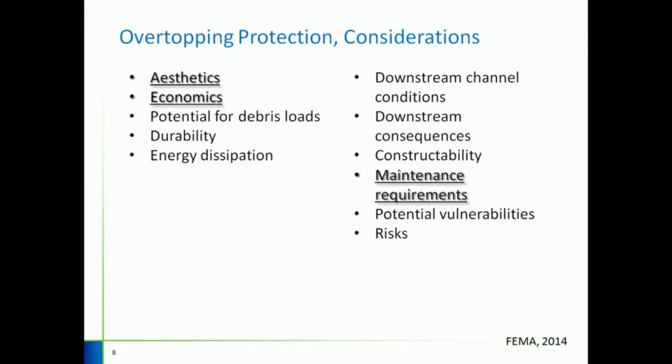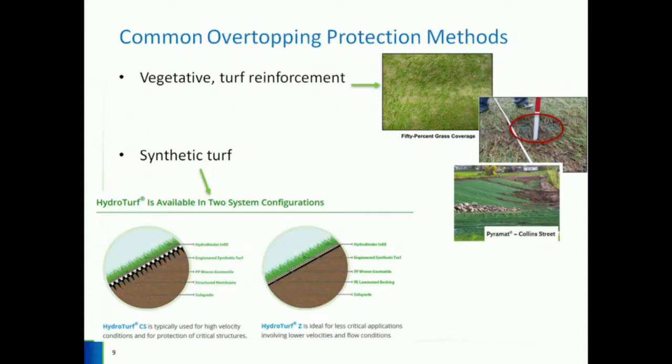So the common overtopping protection methods. The first one is vegetation, and as you can see, this is the first one, just the plain grass. The second one, you have a turf reinforcement underneath the grass, and in this particular case, it is from testing